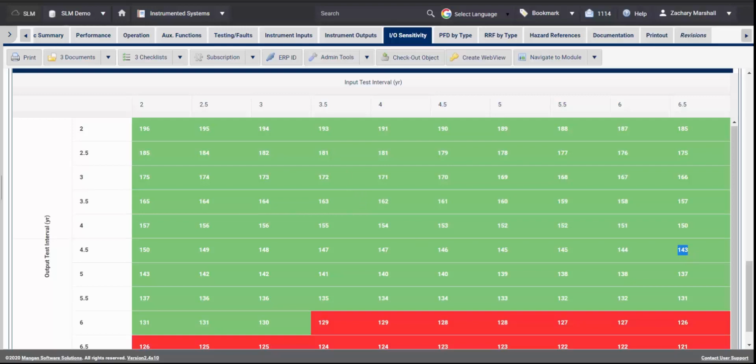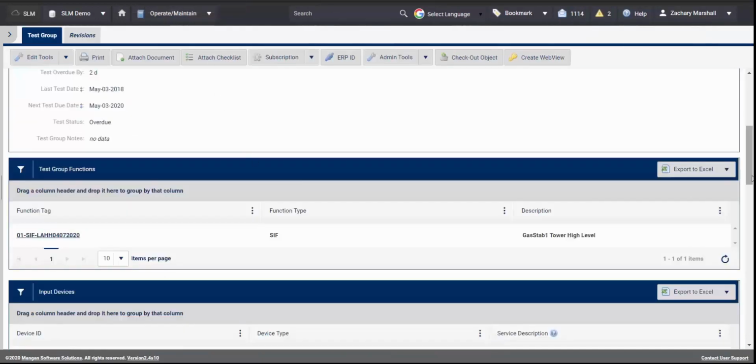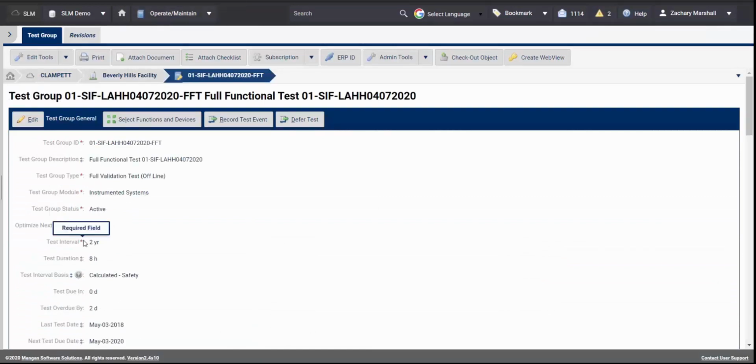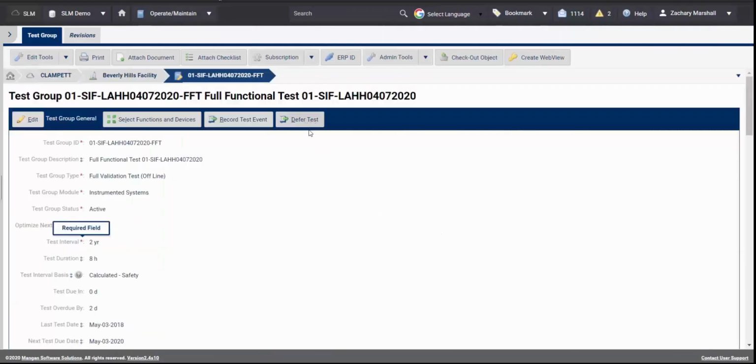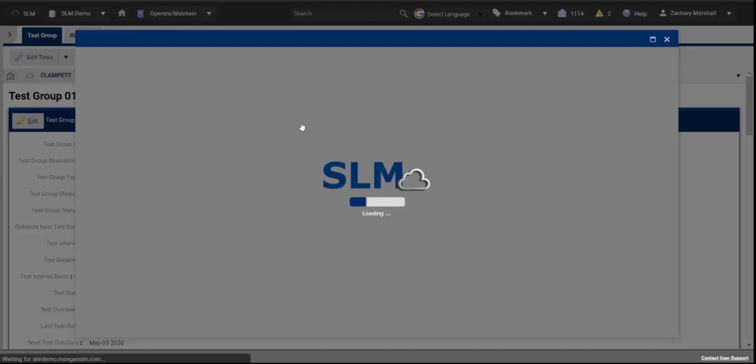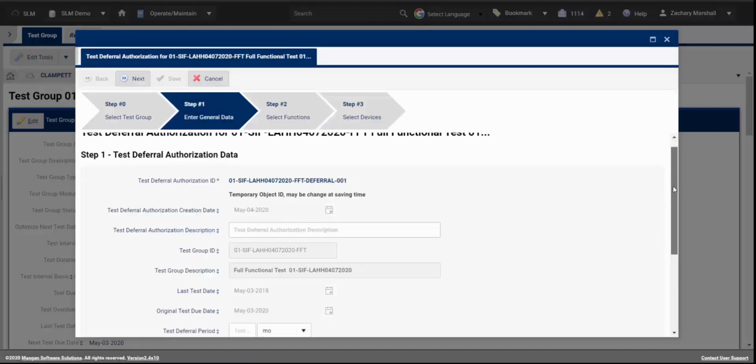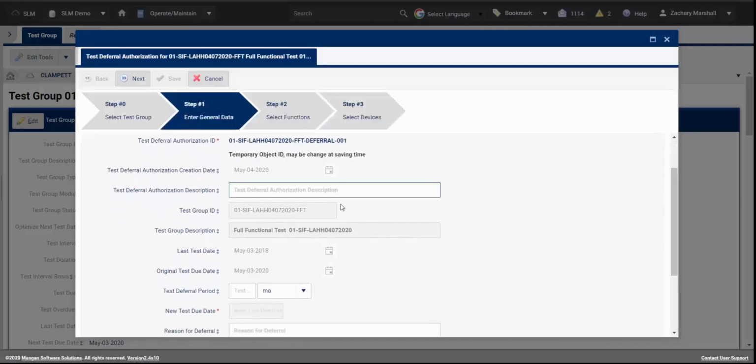So I'm going to go ahead and submit a deferral event. I'm just going to go back to my test group, and the currently is 2 years. So if I'm extending it to 4.5, that gives me an extra 2.5 years that I can defer. So all I'm going to do is click this defer test and defer test based on SIL